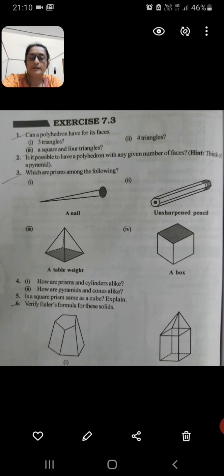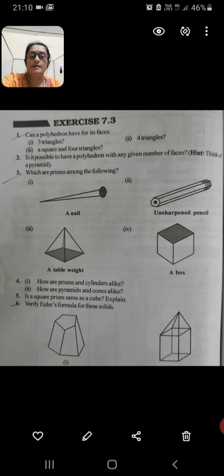Fine. So there are 2 different types of polyhedron. One is called a pyramid and one is called a prism. Now what is a prism? The prism is a polyhedron whose base and top are congruent polygons and whose other faces are parallelograms. So if you take a pencil, here in the picture you can see a pencil. On both sides it is a hexagon, a 6-sided figure, at the base. Base and top are 6-sided figures, and in between all the parallelograms are there. So 6 different parallelograms are there. So these are called prisms.